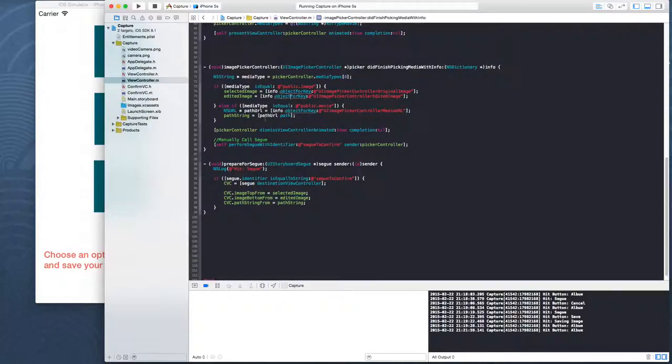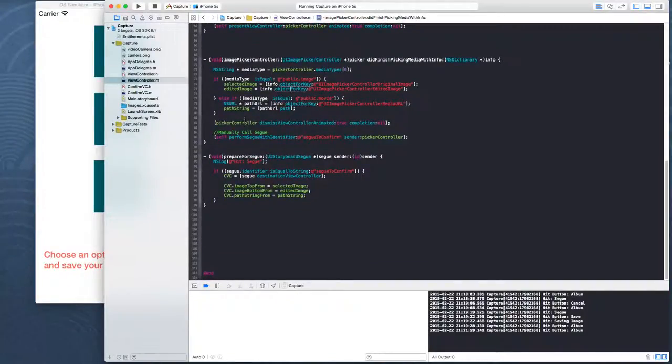So we've titled that the path URL here initially, as it's the NS URL, and then we're defining that as the path string, which I've made a global variable for this view controller. Now, once it's done one of the two, we then use dismiss view controller to dismiss the picker controller, and then